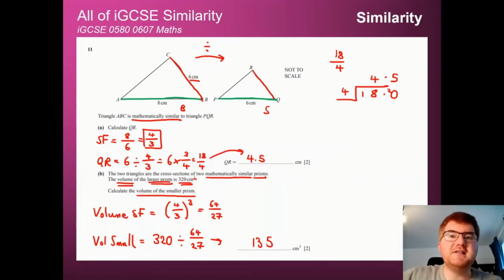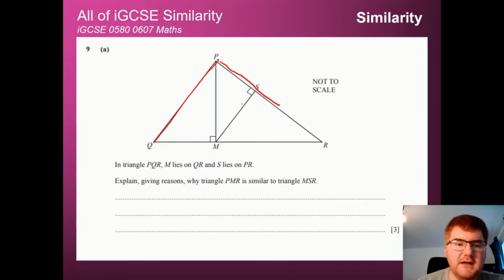Again, very similar kind of questions. This is why you watch these videos, to really see the patterns between the questions that come up. In triangle PQR, so that's the whole triangle that goes around the outside, again, M lies on QR and S lies on PR. Explain, giving reasons, why triangle PMR